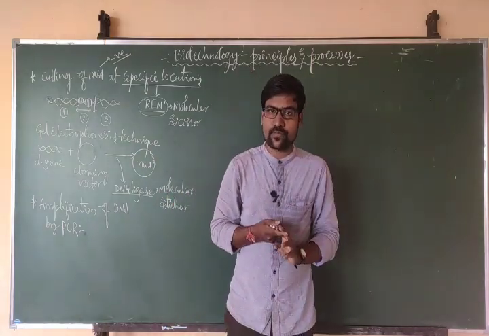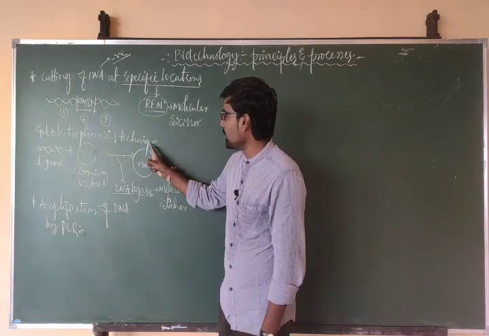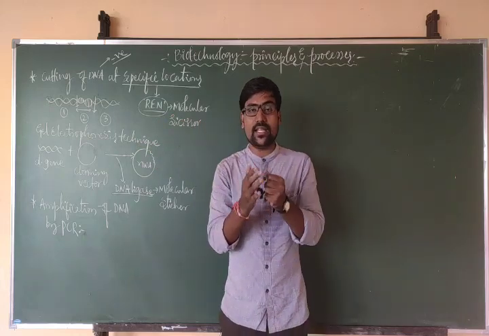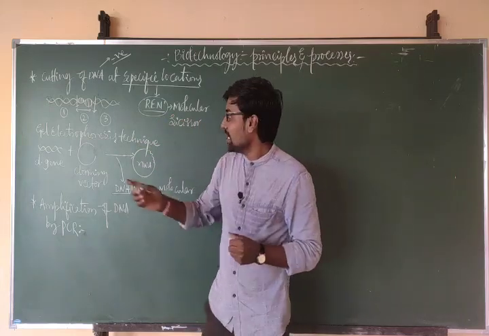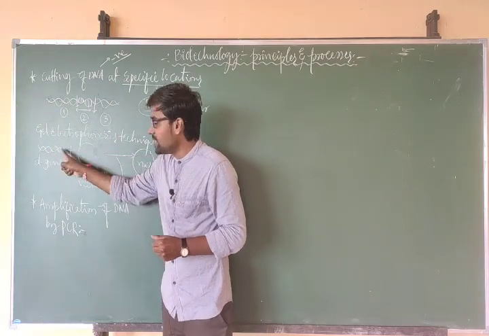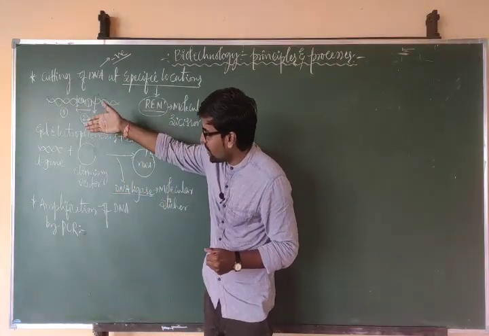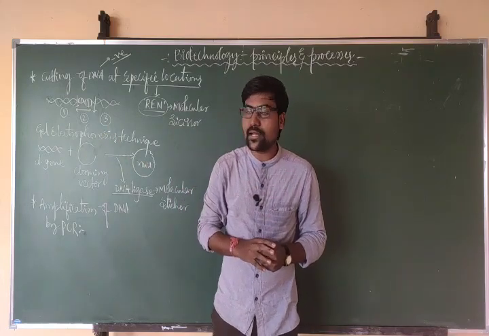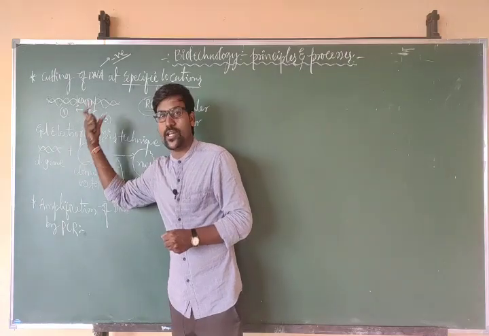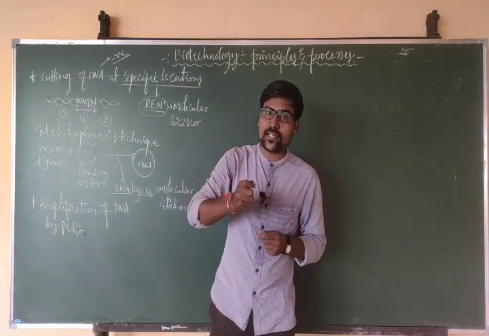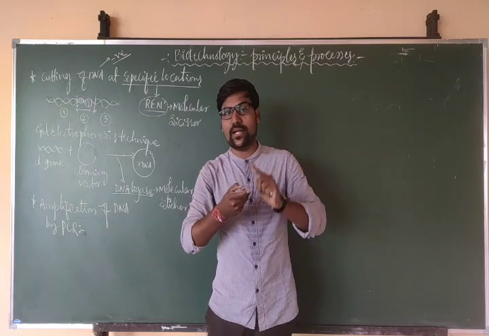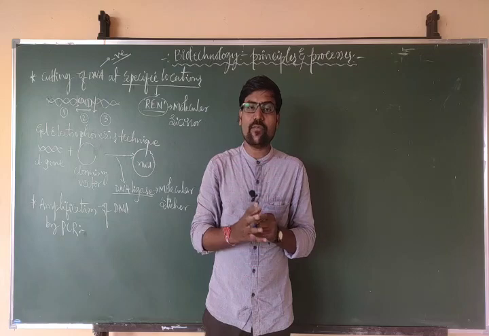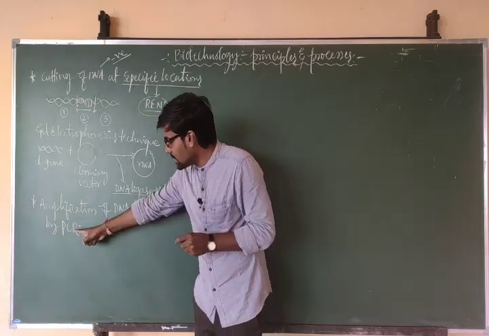In rDNA technology, that means construction of rDNA, we have to construct rDNA, right? For construction of rDNA, the DNA samples should be more. That means the quantity of DNA should be more. The desired gene is also DNA and the cloning vector is also DNA, so that DNA quantity should be more. But right now we are having a less quantity of gene. Now this gene or this DNA should be doubled. For doubling, we are using one machine or one technique. That technique is PCR.